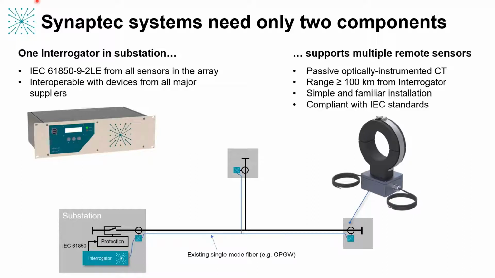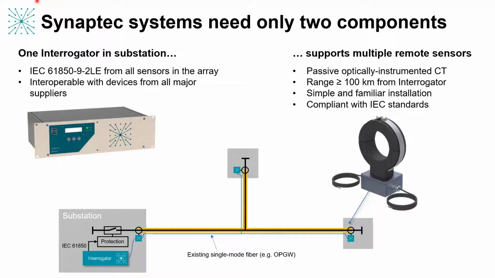So this means that the design is very simple and very familiar in form factor to a traditional CT. The only difference being that rather than having copper secondaries out of that CT, you only have safe single mode fiber entering and leaving that device. And while the example you can see here would obviously be installed around an insulated cable, for an air insulated application, we would install this on top of an appropriate standoff insulator. And again, only safe optical fiber would be entering and leaving that device. Those remote sensors are then used to form that differential or unit protection network.